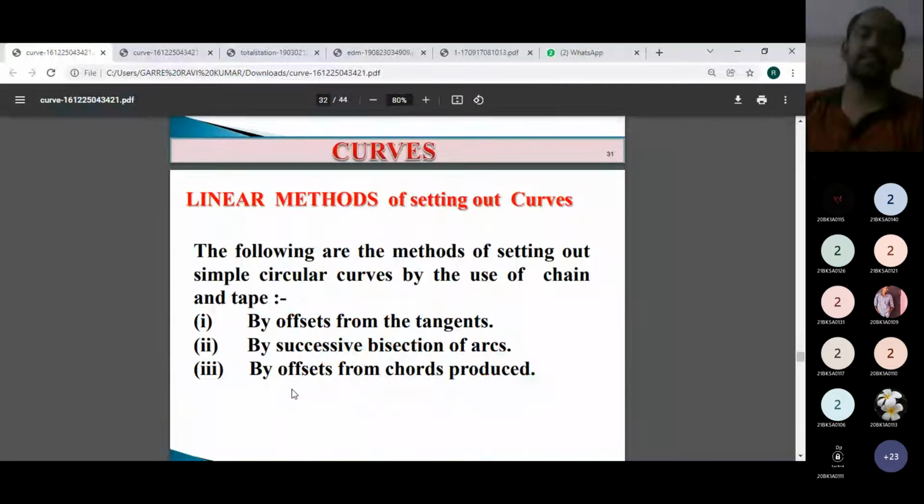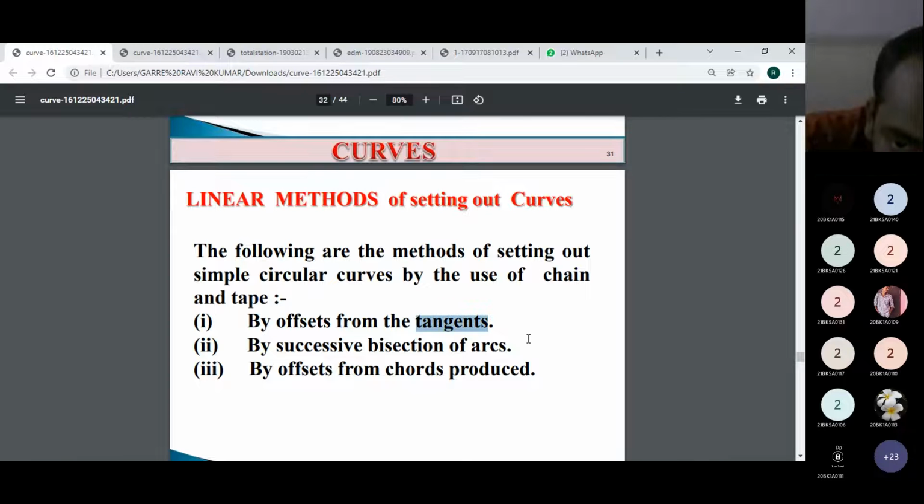And one more method is there, it is the linear method. In this method it will be called the setting out of curve by using offsets. This is the offset method of setting out curve. The following are the methods of setting out of simple circular curves by use of chain or tape. Offsets from tangents